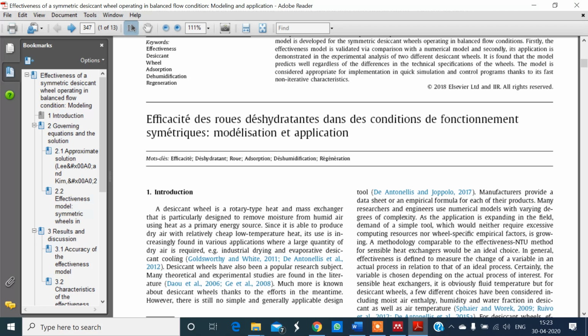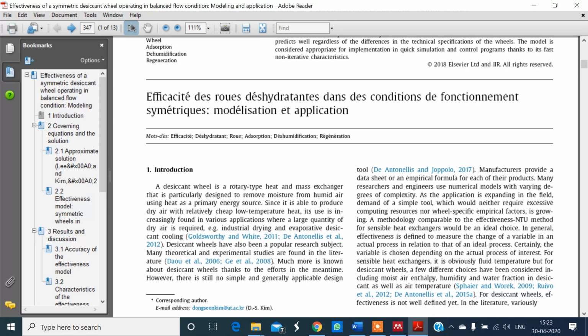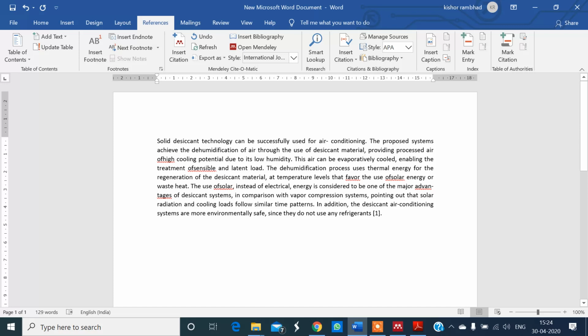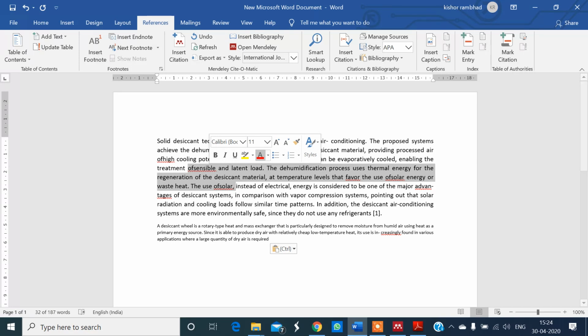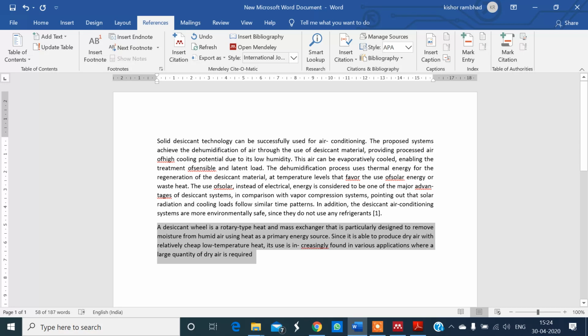Suppose I am taking this material from this paper and pasting over here. Now I have to cite it.